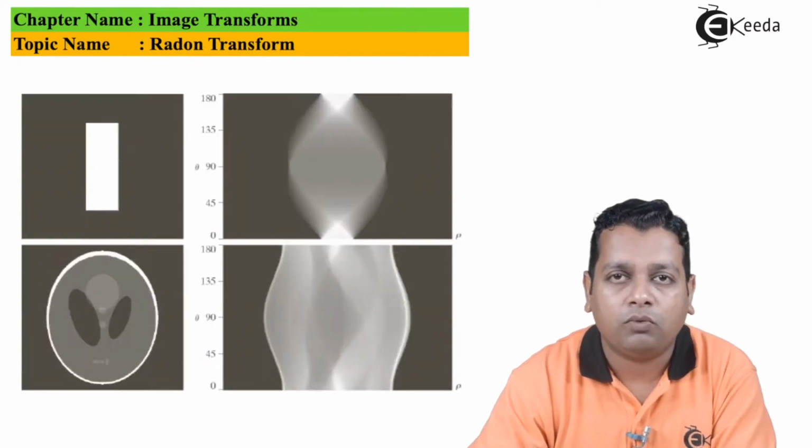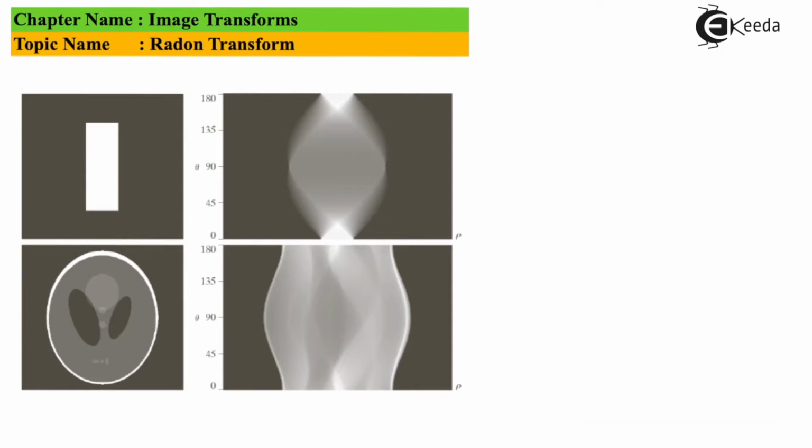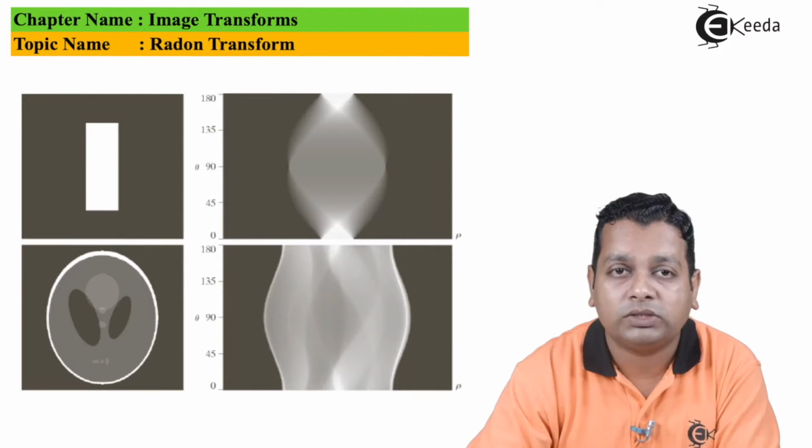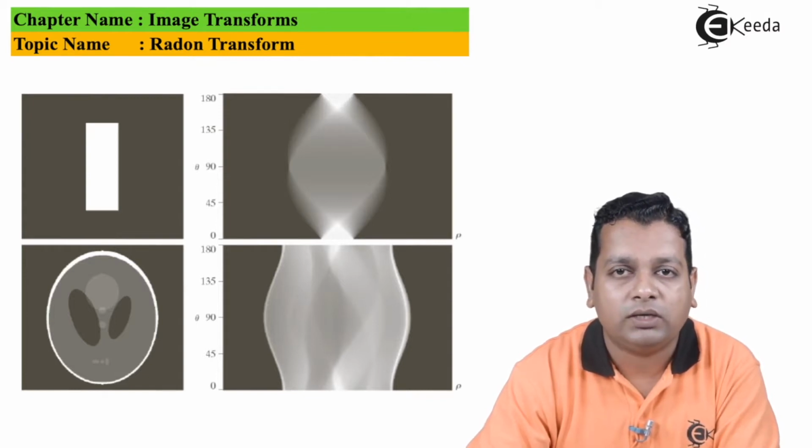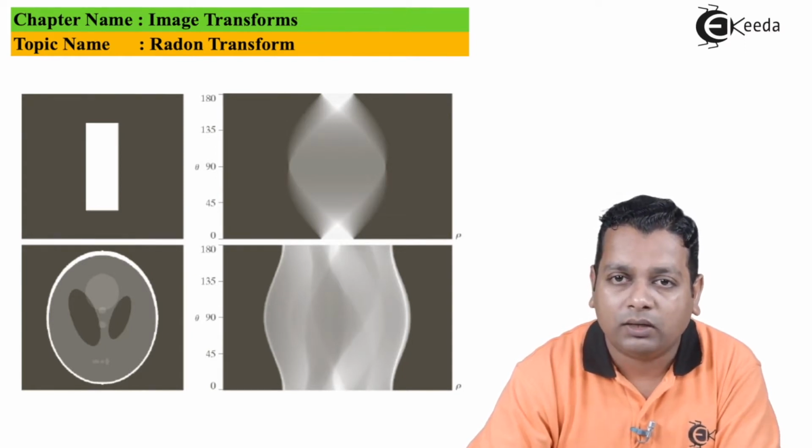Now we can talk about more information regarding the Radon transform. Whatever the Radon transform image data is collected, that is named a sinogram, because in the representation with the help of the Radon transform, the lines are represented with the help of sinusoids. Hence, from the sinusoids, the name is sinogram. So the sinogram is actually the image of the Radon transform. Here we can have the comparison of the representation in both domains, that is the spatial domain representing f of x y and the polar coordinate representation R of rho comma theta. The projections we can map here.